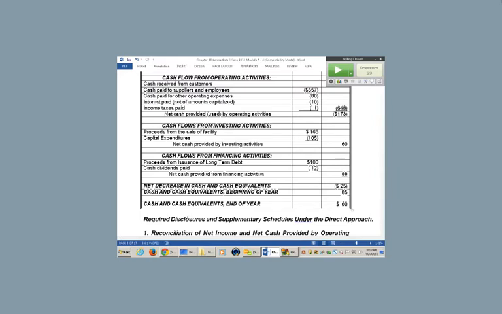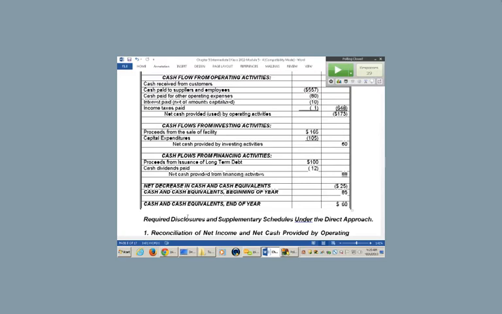So negative 173 in operating cash flows, 60 provided by investing, and 88 provided by financing. Change in cash, 25. Opening balance of cash is 65. And then, of course, it ties back to the balance sheet. Now, that is the statement of cash flows on a direct basis. Now, we'll talk about more disclosures. Getting back to Melanie, if you had a question about that, I'll do that in a second. Any questions on a direct cash flow statement?